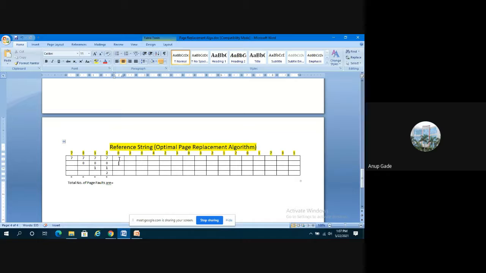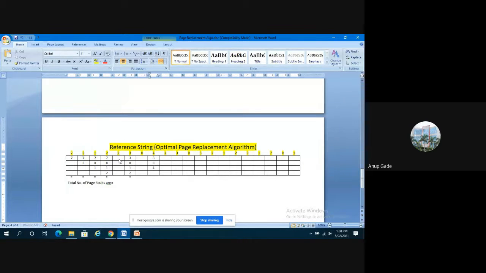Okay. So 0, 1, 7 is not required for a longer time. Here no page fault because 0 is already there. So 7 will be replaced by 3, 0, 1, 2. Page fault occurs. Then 0 is already there, no page fault. Then 4 we want. 2 we require, 3 will also be required, 0 will also be required. So 1 will not be required. So replace 1. 3, 0.